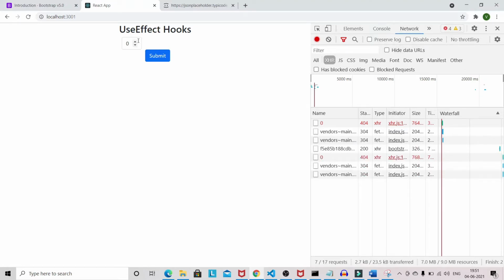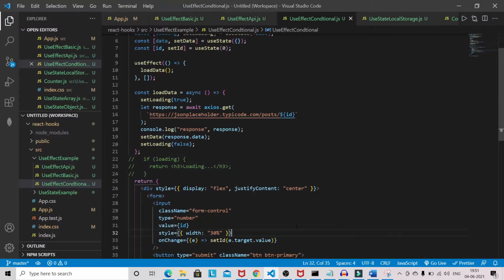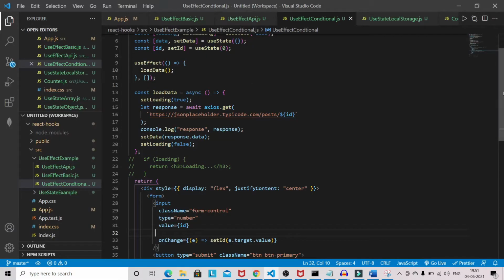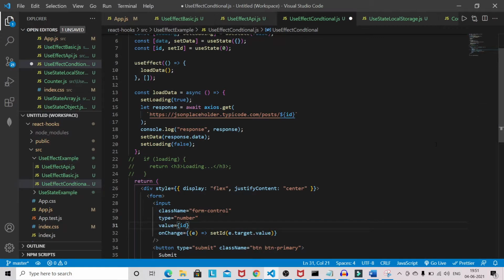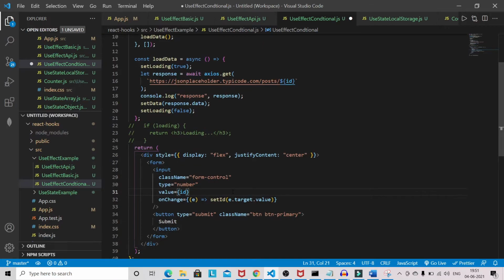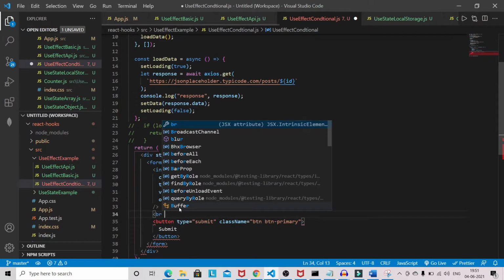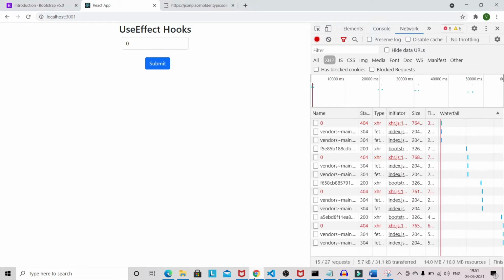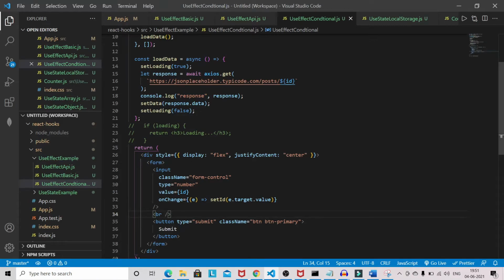Let's see. Let's make it a little bit better. Let's remove the style, I don't think we need it. Now let's just give some break here, so we have some space between button and input field. And I will also give some margin here, so I will use className mb-3.